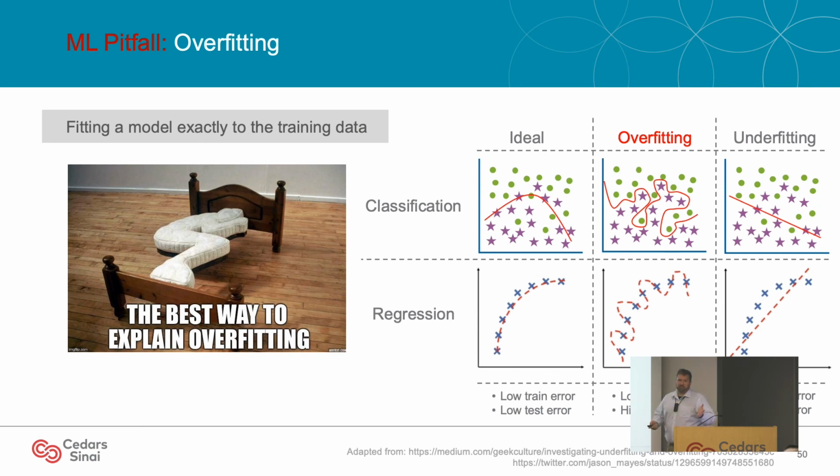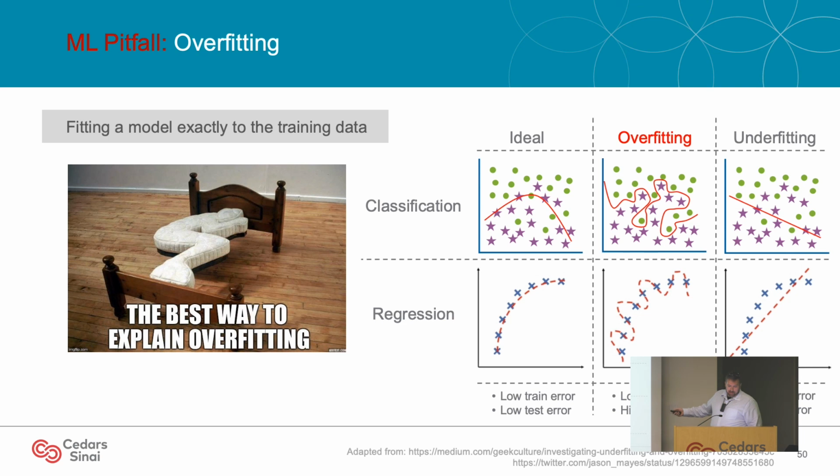This is probably the best known machine learning pitfall. How many here have heard of overfitting? Raise your hands. Yeah, it's a very, very common thing to think about in machine learning. And this basically means fitting a model exactly or too closely to your training data set. You're basically going from making useful generalizations, which is the goal of machine learning, to memorizing data, which you don't want to do. Because what you'll end up doing is memorizing noise.